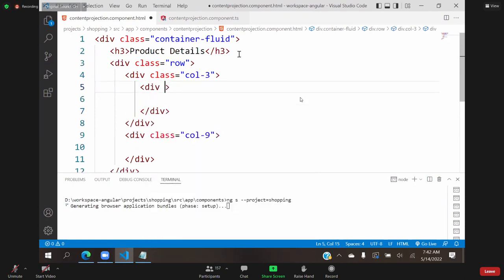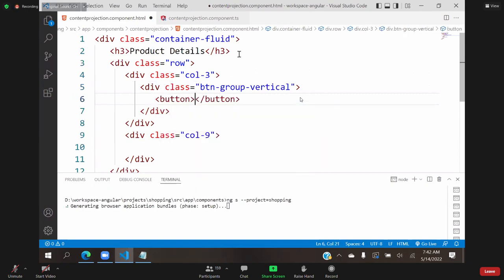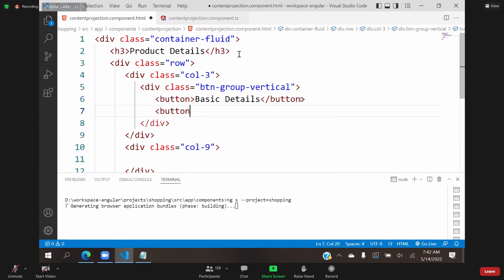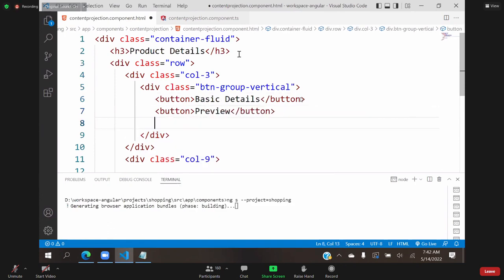I will keep the class as btn-group-vertical. Generally, we have a button group. I will give a button. So here I'm giving basic details. Another button I'm giving as preview. Another button I'm